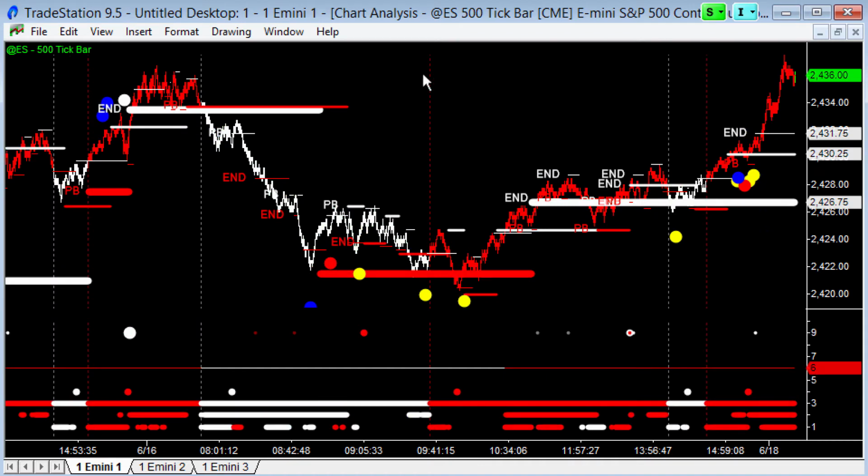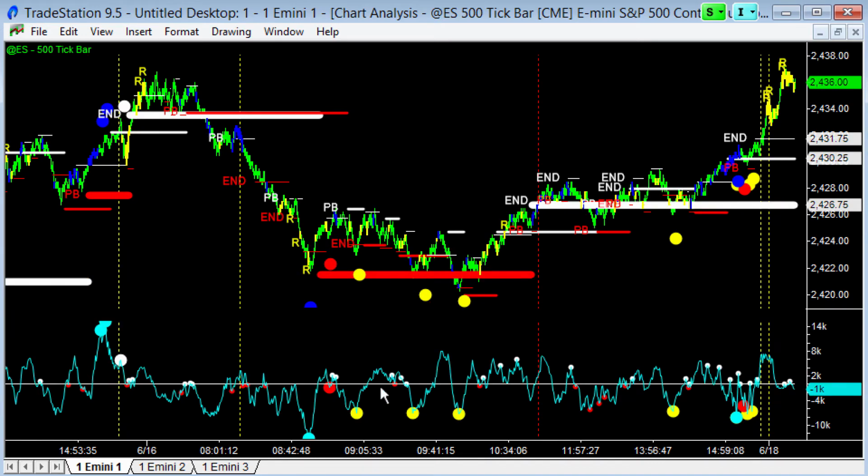The 5-step setup that I talk about has these components, and the first component is exhaustion sell. Exhaustion sell or exhaustion buy for reversals. Volume will always signal first. We always get extremes of volume before the market changes direction. So for example, here we have exhaustion buy patterns, and let me flick to the momentum chart. Down below here, this is volume momentum, and it's calculating the net of bids and ask,